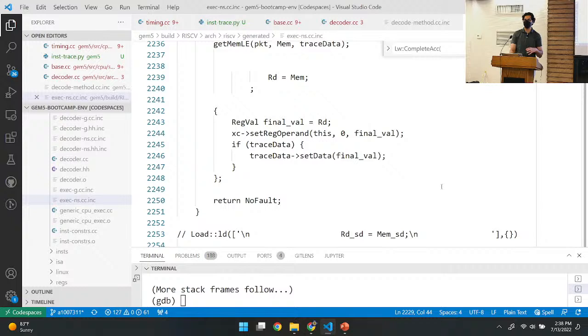So the question is, how is this auto-generated code we just looked at really generated? The reason you probably want to understand is because then you can know, once you write something in or add something to the gem5 ISA specification DSL, what exactly you need to do to implement some specific code in C++. So let's take a 2 to 3 minute,